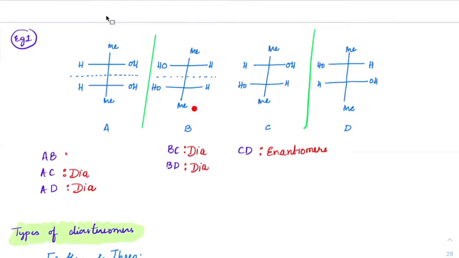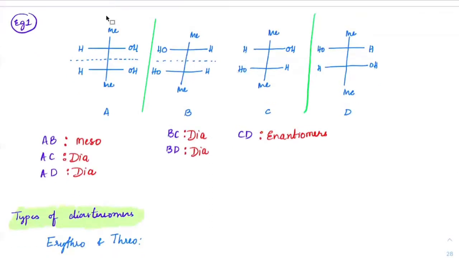But in this case, between A and B, they are mirror images, but they are not optically active. Why? Because there is a plane of symmetry, so it does not show chirality. No chirality, no optical activity. So therefore, A and B should be what form? Identical. A and B are identical. And what do we call those types of identical forms? Mesoforms. Meso. Very good. So these are mesoforms, identicals. Very good. So I suppose all of you got this idea now.